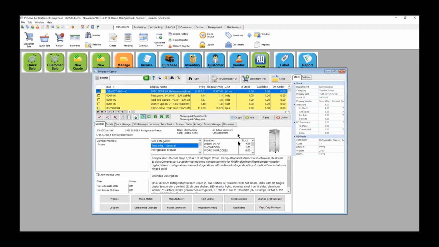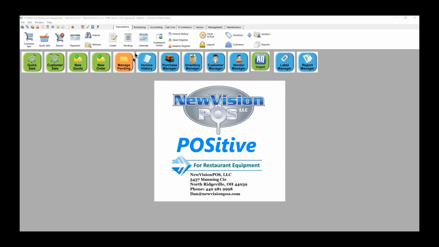And as you can see, we have multiple warehouses for these items. We have the full spec from auto quotes and all the extended information. We have the pictures. We have them in subcategories. So if we're looking for items in subcategories and we go to our inventory,